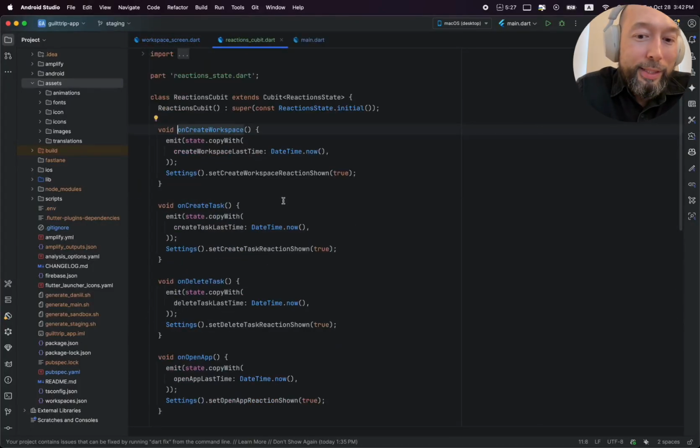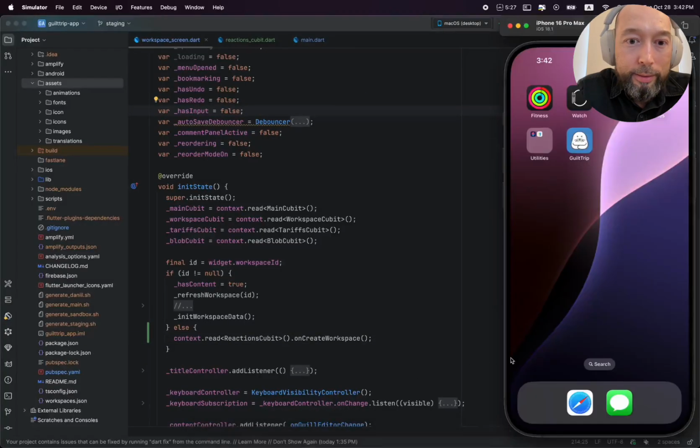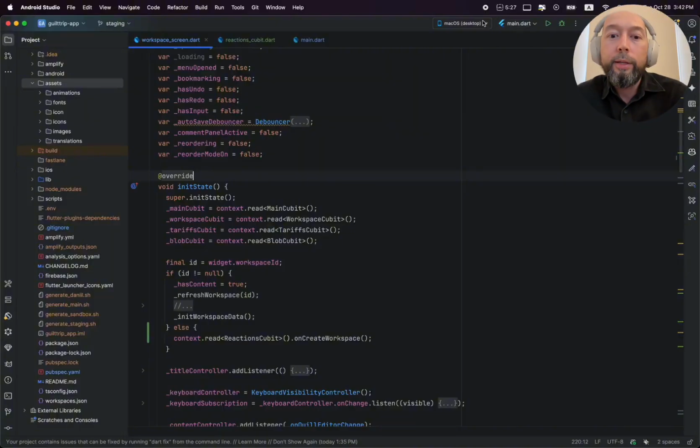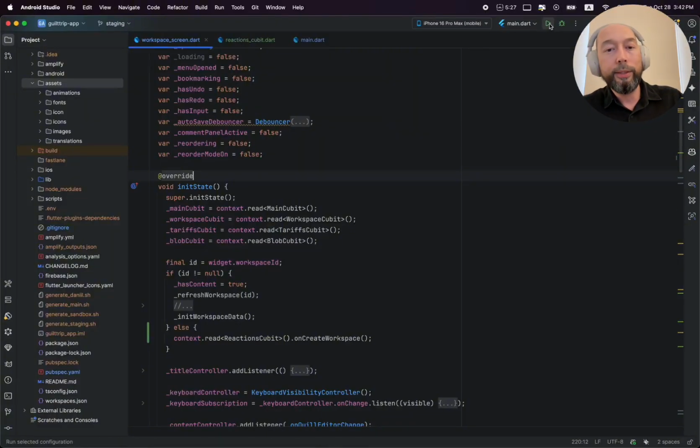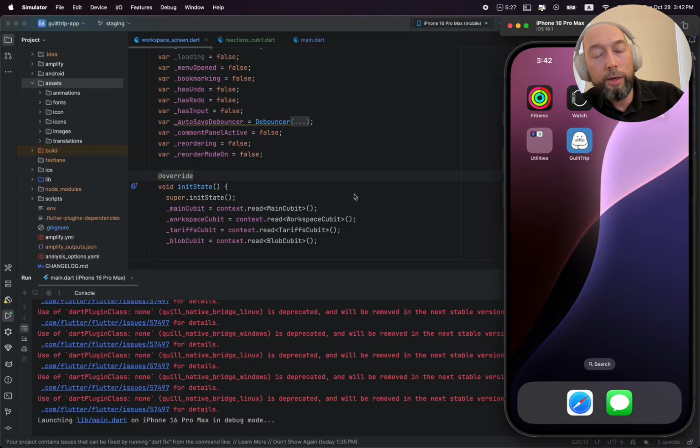Why did I do this in the init state, right? This is strange, but this is right because there was a check: workspace ID is null or not. And if this is null, that means the workspace screen opens for creation. So this is the way we distinguish the workspace screen between creation and